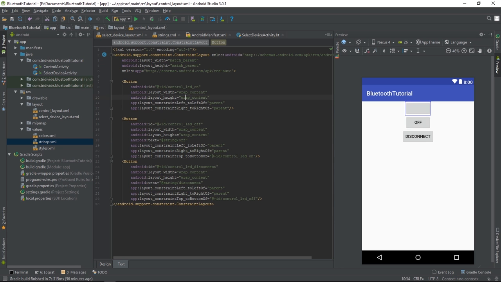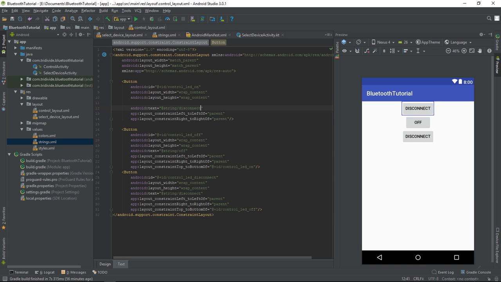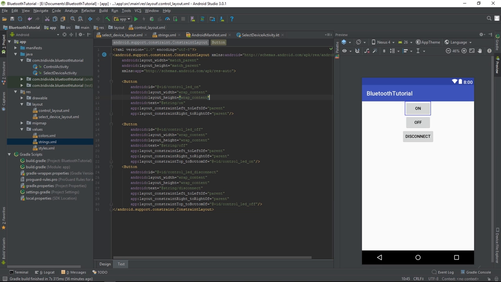And text equals on. Okay, and that's then our layout done. Just 3 buttons, and that's it. The only thing we will have to do is go into the manifest